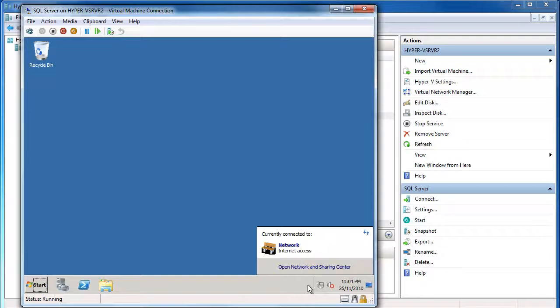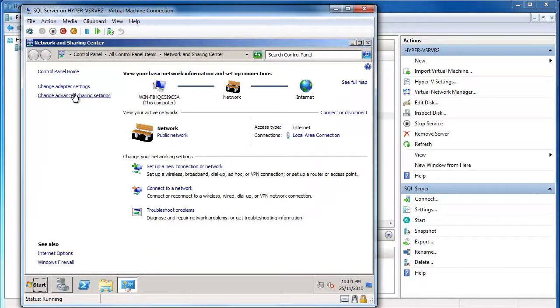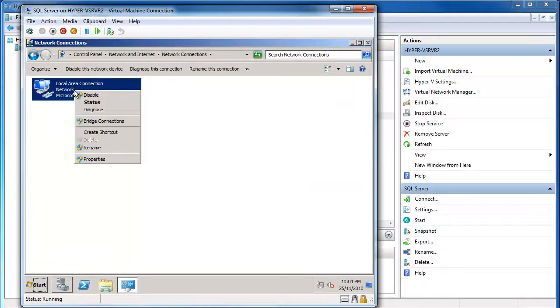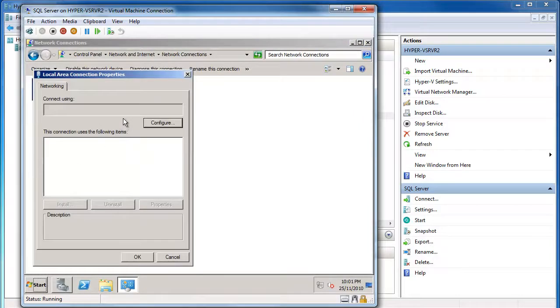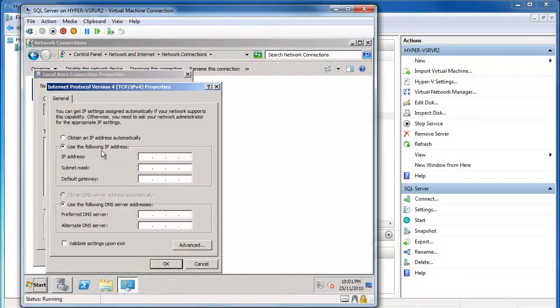So here's my network. I'll open my Network and Sharing Center. Now my domain controller is IP address 10.0.0.3, so I'm going to go into my adapter settings here. I'm going to go to my properties, and you can pick any IP address that you want as long as it's on the same subnet. I know the IP addresses of all the different machines I've got on mine, so I'm going to make this 10.0.0.210, and its subnet